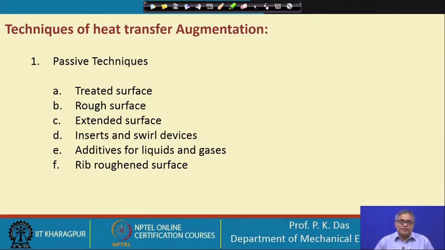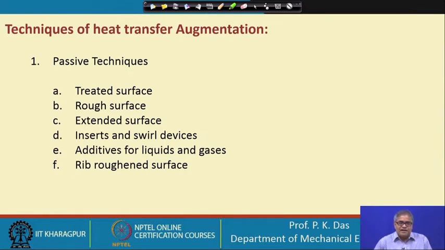Like we can have treated surface, there is some sort of a surface treatment, so that there are micro scale features on the surface. In case of phase change heat transfer, the chemical features of the surface could also be different. Surface can be roughened, there could be extended surface, while rough surface or the treated surface gives features of very small scale. Extended surfaces or fins, which are very popularly known. So, these are large features present on the surface and that increases the surface area.